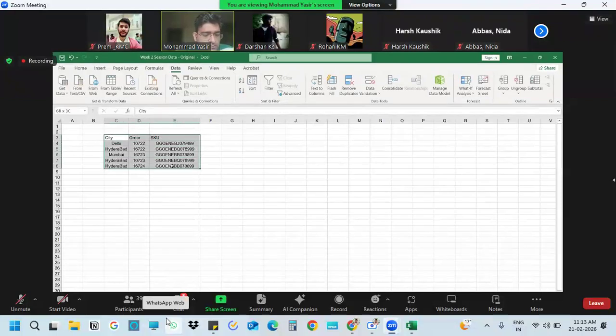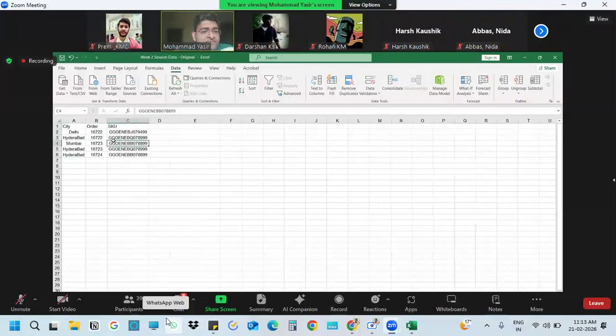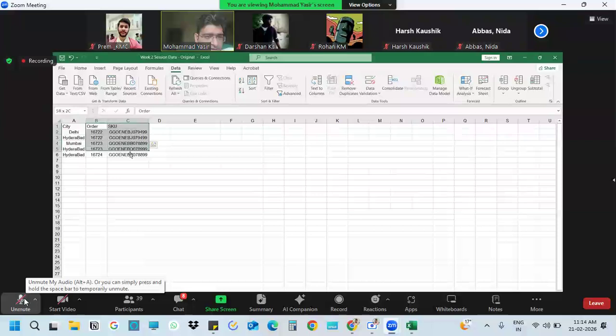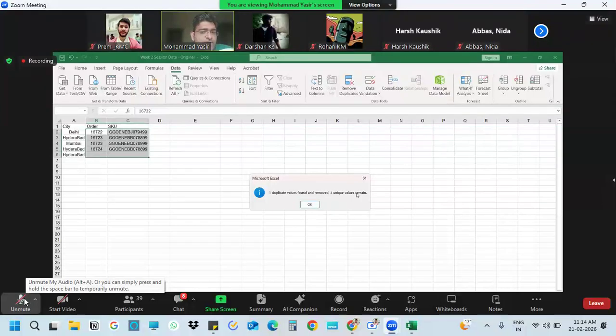Now if you see here, Delhi, this is the combination I want to check, correct? Whether there are duplicates here or not. Now, if I try to delete duplicates, a combination of these two, I'll try to remove. One duplicate value found, four values remain.